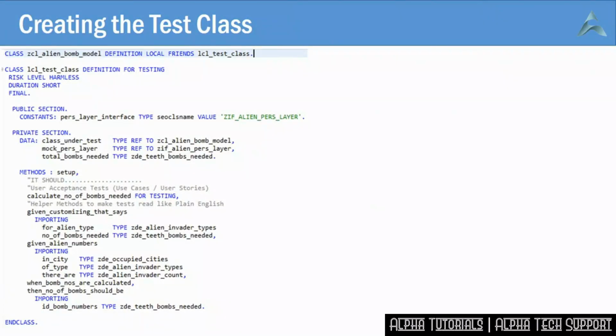First off, let's have a look at a test class definition. At the start, I say which interfaces I'm going to use for my test doubles. Then I say the most important point, the class under test, which is my alien bomb model in this case. In the methods, there's a setup method, which is called before every test method, then a list of test methods,